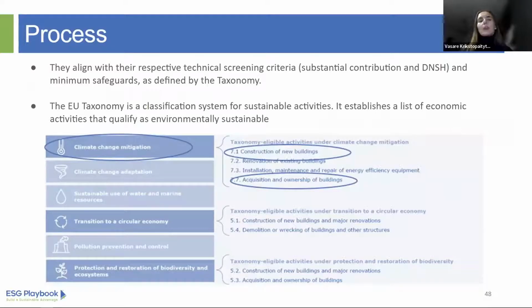Yes, so the first phase that took us 6 months was for substantial contribution and also assessing our policies and internal procedures for minimum safeguards and do no significant harm. The do no significant harm meaning for the other environmental objectives, the remaining 5 objectives. And in this case, we